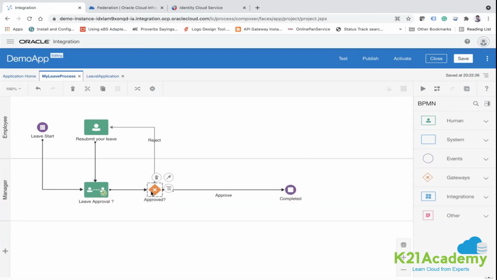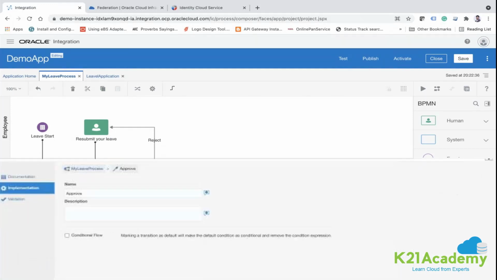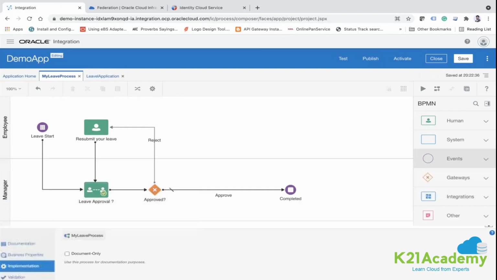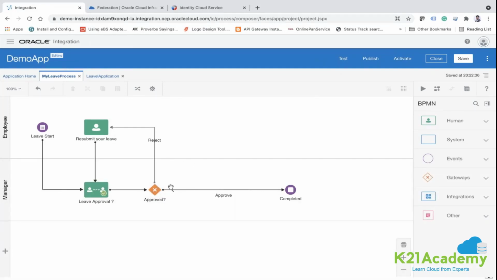Now here you need to define the condition, depending on these two different outcomes. Let's click on this and click on edit, and here you see click on this conditional flow. Here you see a cross sign, means this is your default.